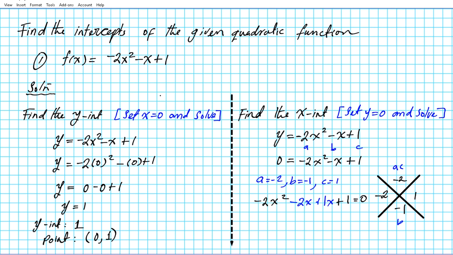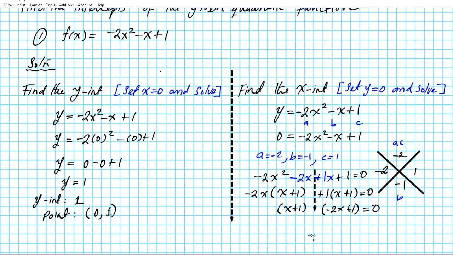Now we can factor by grouping. We break it down the center and factor by grouping. From the first two terms, we factor out the GCF, which is negative 2x, and we're left with x plus 1. From the next two, we factor out the GCF, which is 1, and we're left with x plus 1. The two quantities in the parentheses are identical, so that's excellent. We factor that out, and the terms left on the outside group together in their own parentheses. Now we set both quantities equal to 0: x plus 1 equals 0,